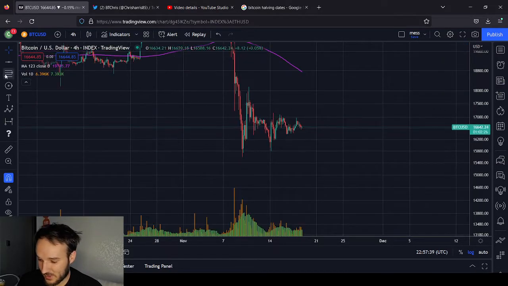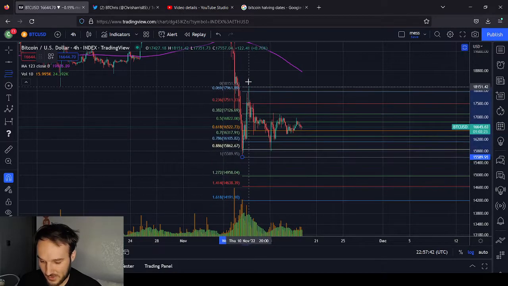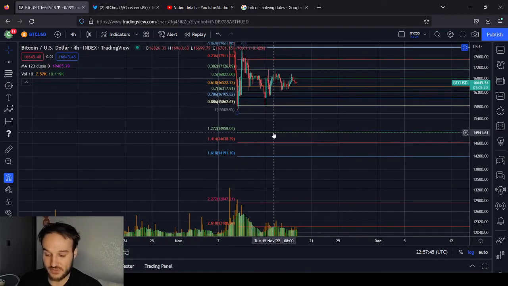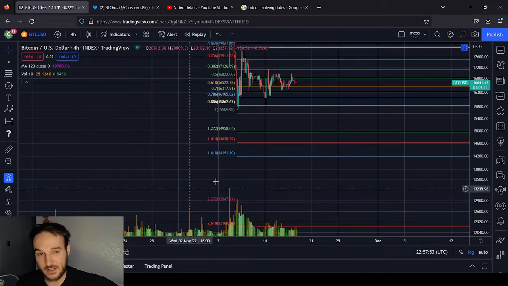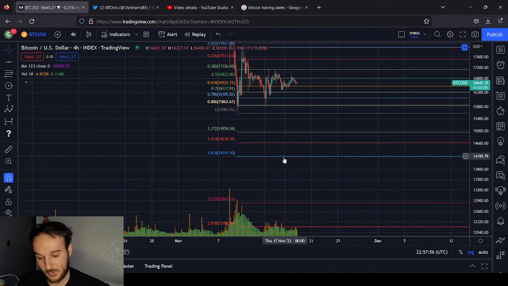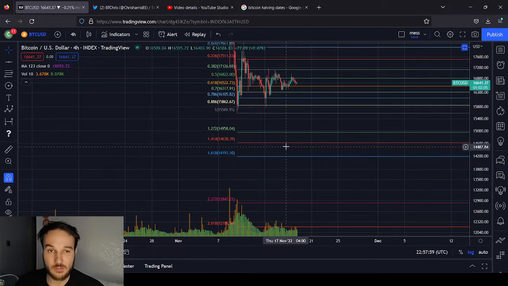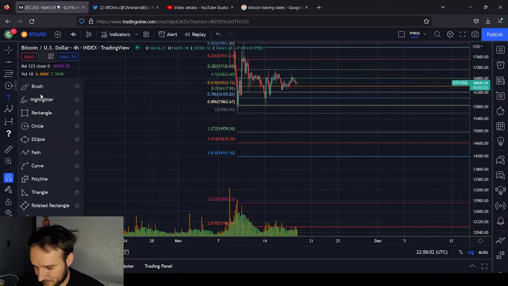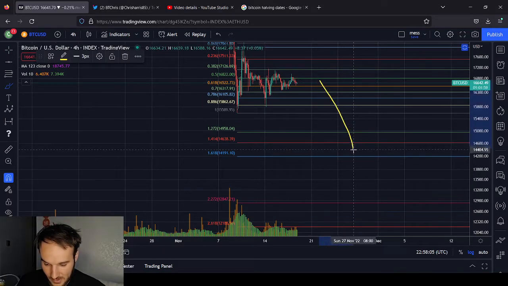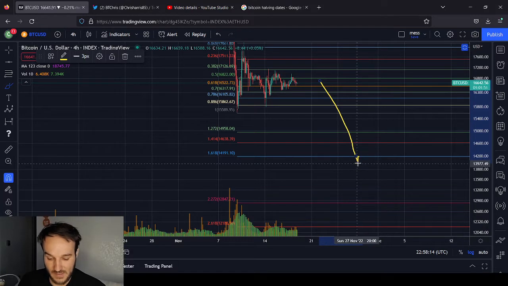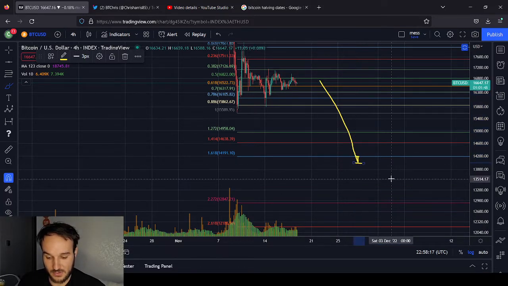Where could this move take us? I know we did it earlier, but let's just do this measurement here. All the extensions are between 15,000 and 14,200, somewhere in that range, which also lines up, down here, the 1618, with that 13,800 to 14,000 area that we were looking at. These lines don't have to be precise. We could get a drop where the price comes down and wicks below the 1618, but comes back up and closes at the 1618. So it could go lower, and that would put it right there at that 13,800 zone, which could be something to expect.